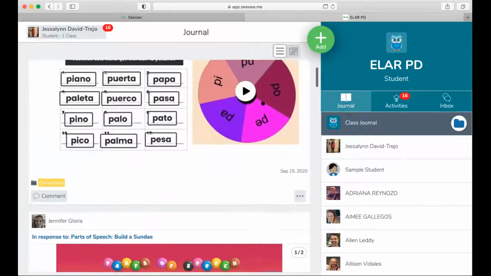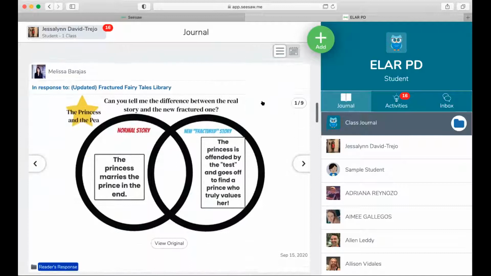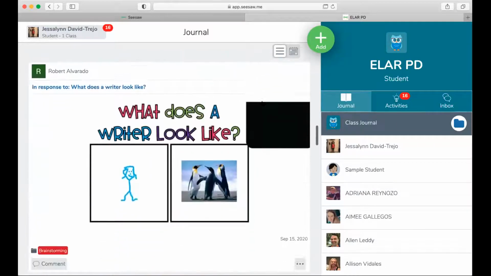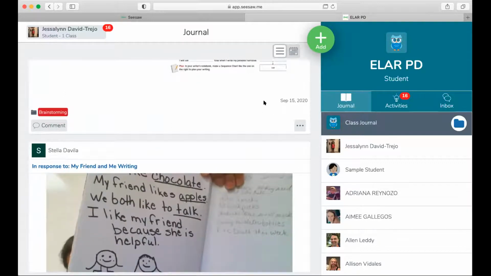So as you can see, this was all from Tuesday's lessons. You can see the work that they've done. So you're able to see each other's work. Now that option can be changed, and I'm going to show you how to do that in just a moment, but I want you to see what the students are looking at this moment.